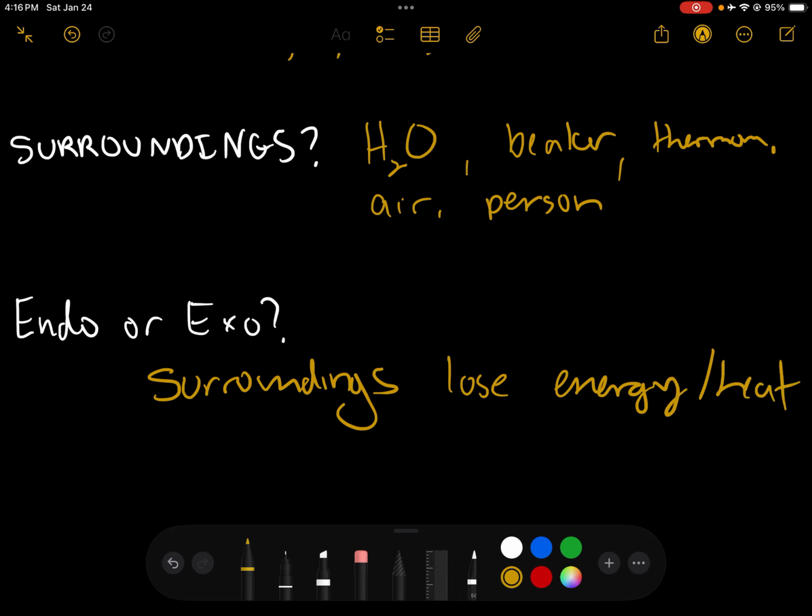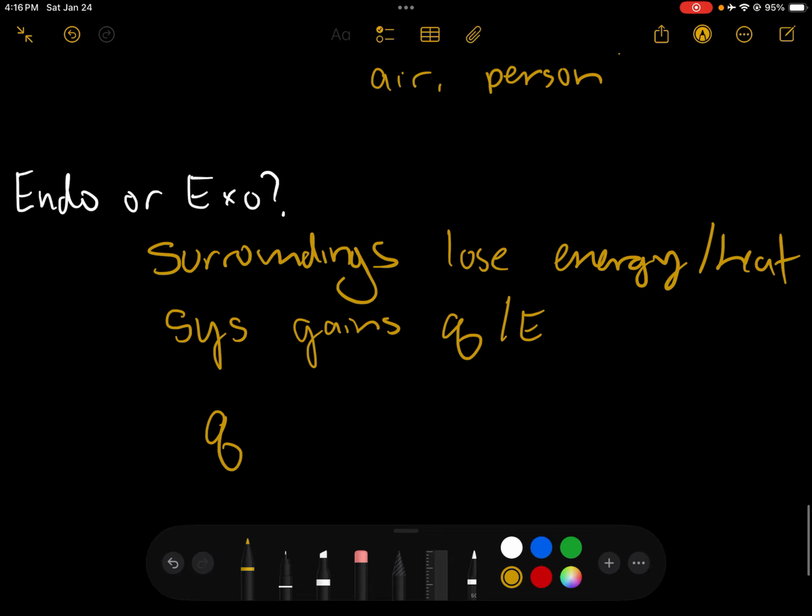If the surroundings lose energy or heat, that means that the reaction system has to be gaining energy or heat. And I'll just abbreviate heat as Q. So if our system is gaining energy or heat, that means that our Q value is positive and we have to be